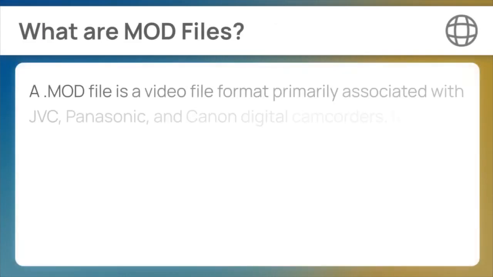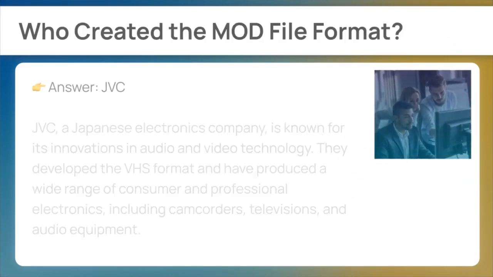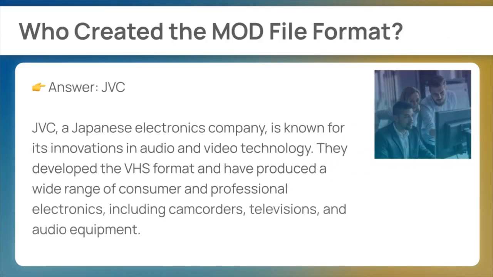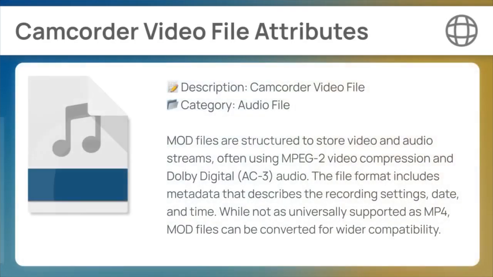A MOD file is a video file format primarily associated with JVC, Panasonic, and Canon digital camcorders. It contains digital video and audio data, often recorded in standard definition. These files are typically created when recording video directly onto a camcorder's storage medium, such as a mini DVD or hard drive. MOD files are structured to store video and audio streams, often using MPEG-2 video compression and Dolby Digital